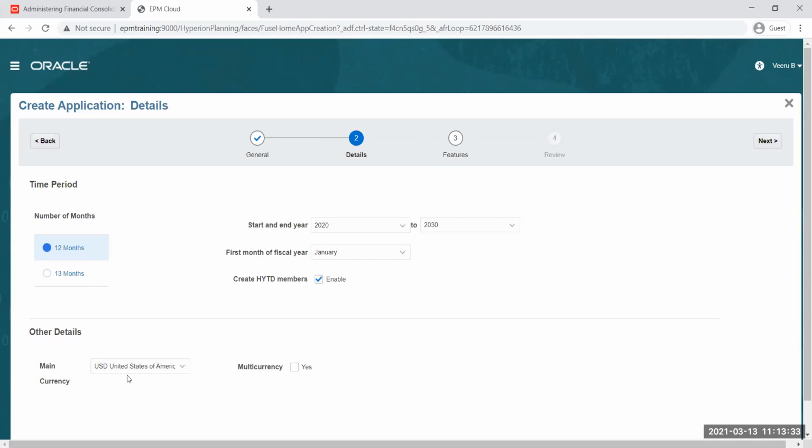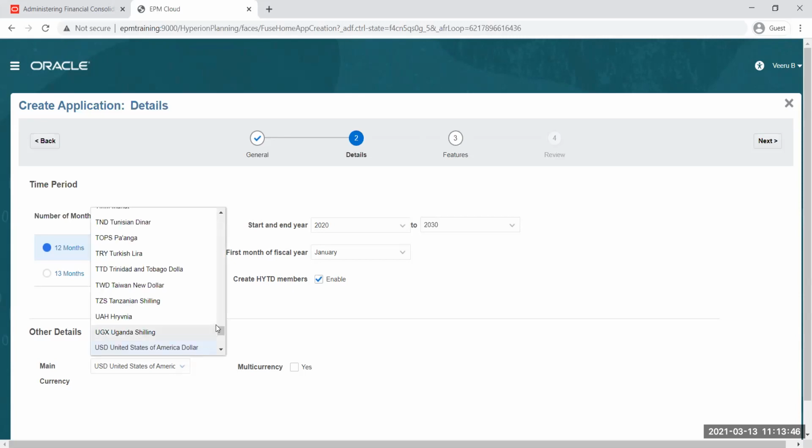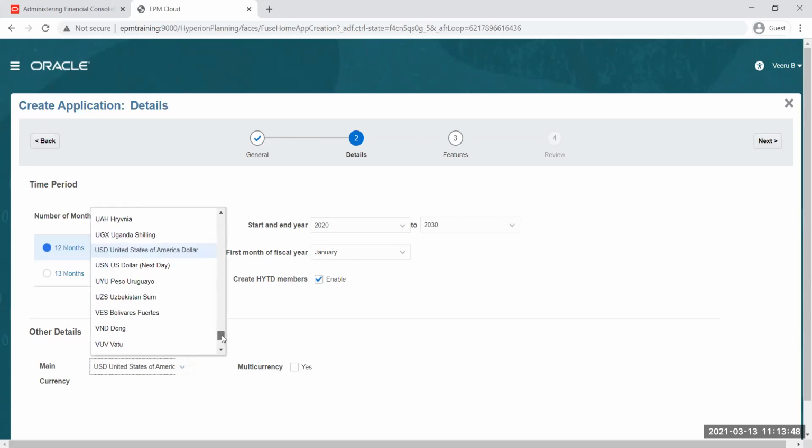Customers usually residing in the United States will have US dollars as their reporting currency. So define US dollars. For customers residing in the Middle East, maybe they'll have AED, right? So depending upon where the customer is located and what kind of reporting they do with this application,